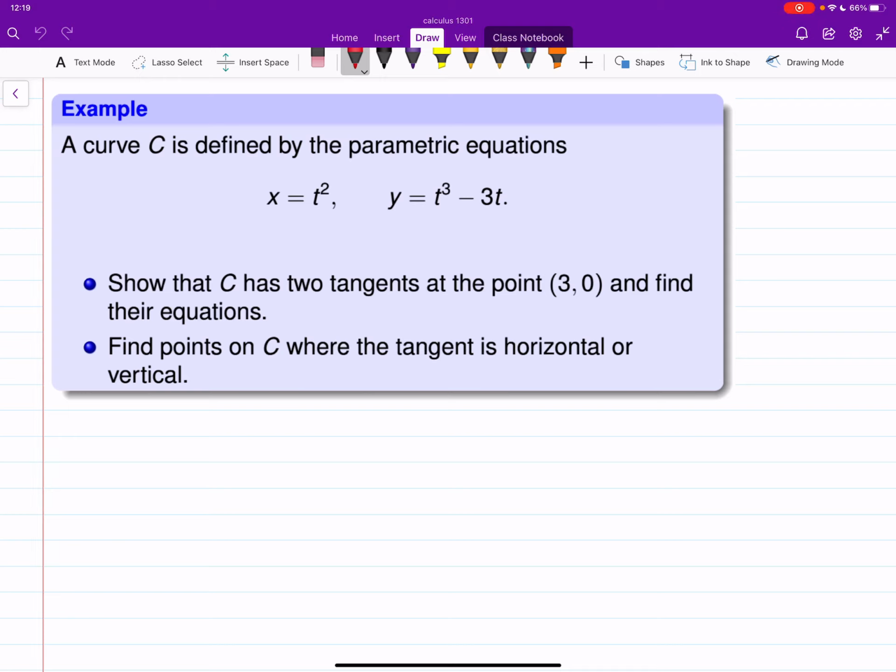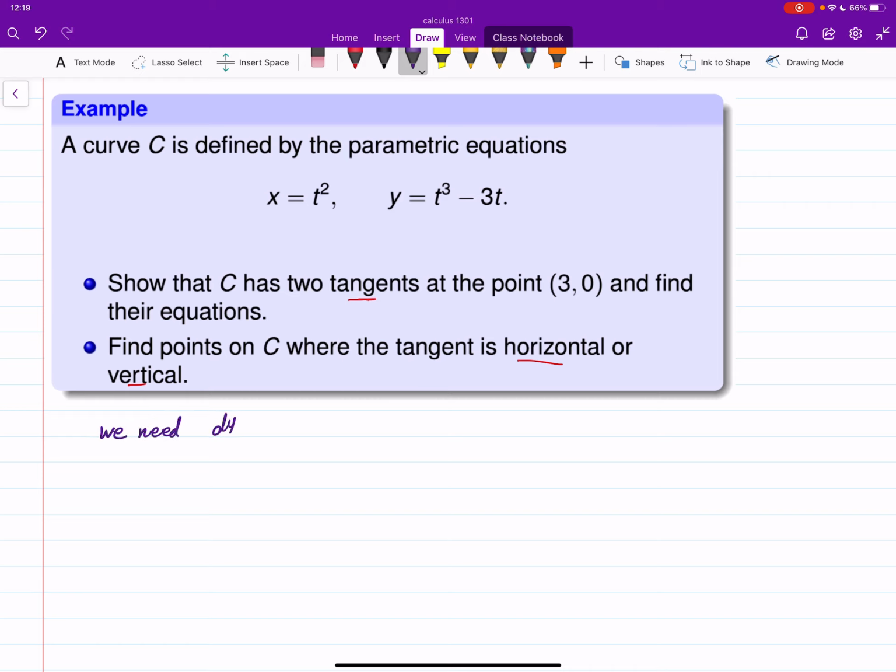Okay, let's do some examples for the derivative of parametric equations. So a set of parametric equations is given. Now we have two questions, and both of them are about the tangent line. One is finding a tangent line, the other is finding points at which the tangent line is horizontal or vertical. So here, for both cases, we need